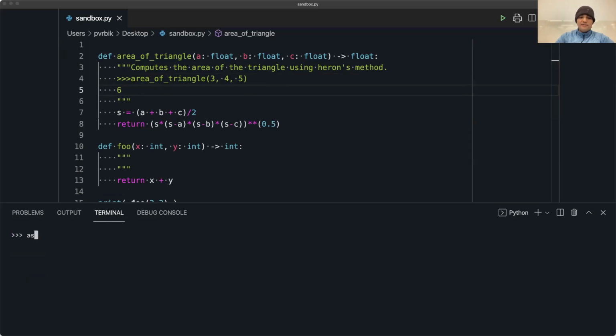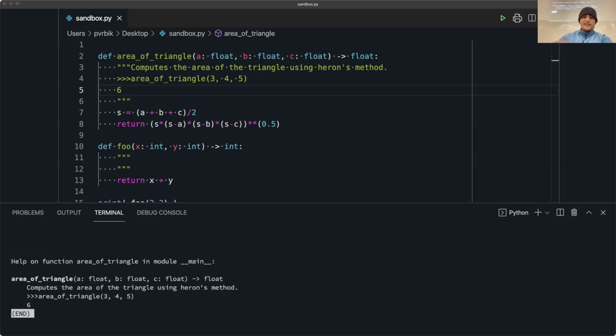So I'm in Python, right? And now I can actually ask for help on the area of a triangle. And it says, here's your help, right? This is a function which computes the area of a triangle using Heron's method. Here's some usage. In addition to that, this is something called the doc test. And I can actually tell Python, go and actually check that my function does that, right? And if it doesn't, it'll say, hey, you either screwed up your usage example or the function itself is broken, right? Which falls into this category of testing.